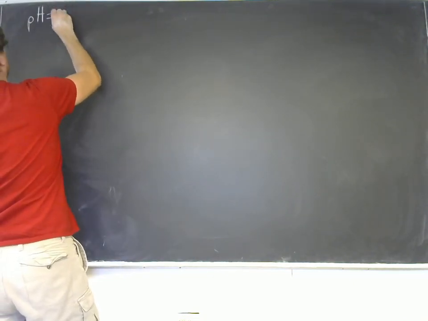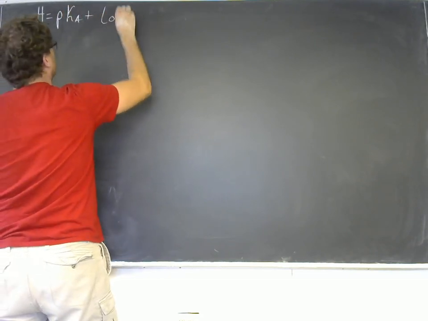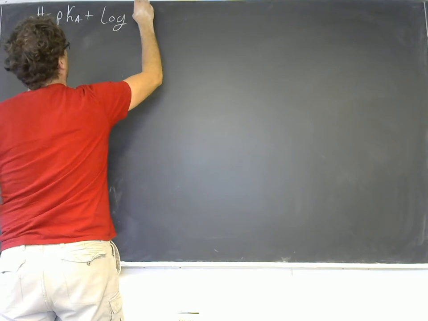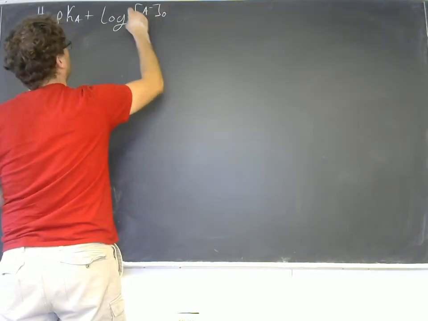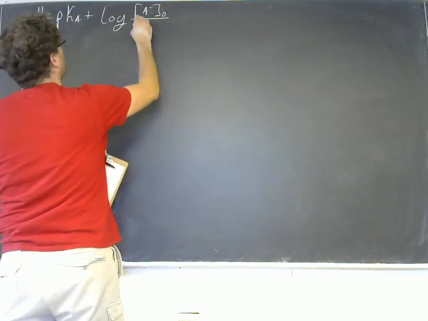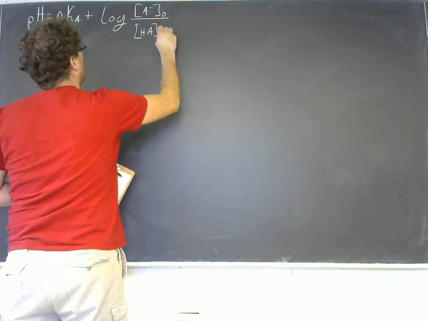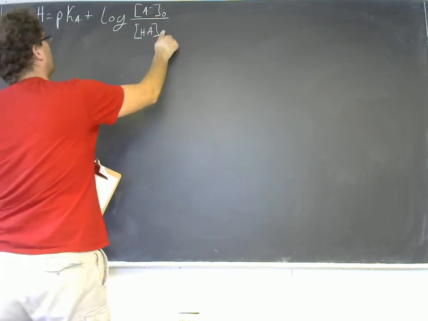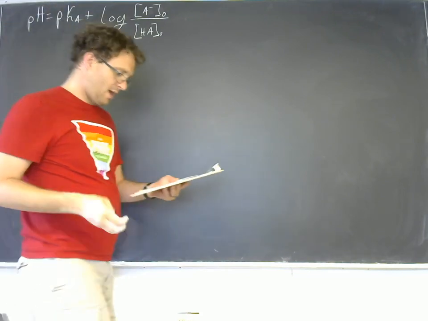So pH is equal to pKa plus the log of the concentration of A minus, and we'll put an initial there. That's the initial concentration of the base over the initial amount of the acid in a conjugate base pair. Okay, so